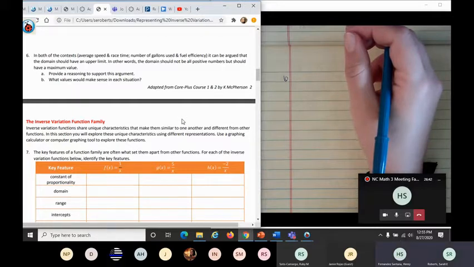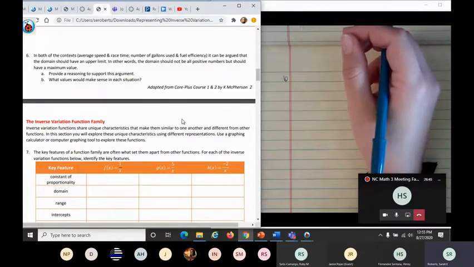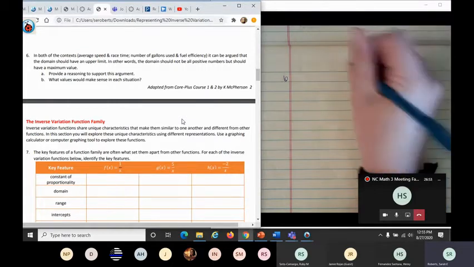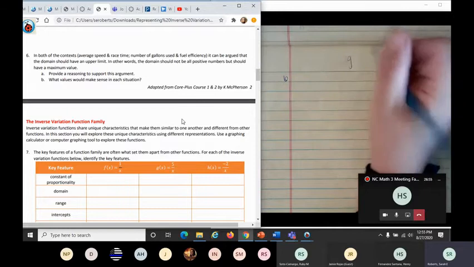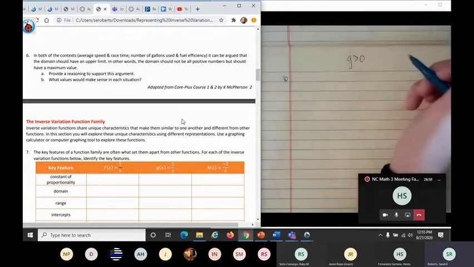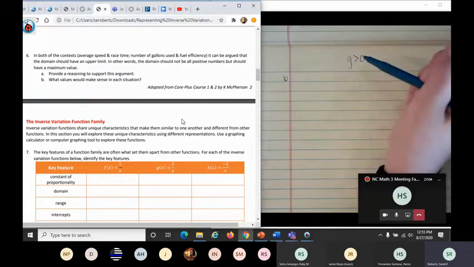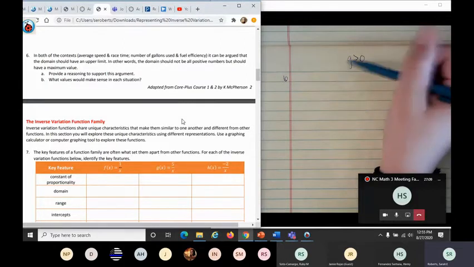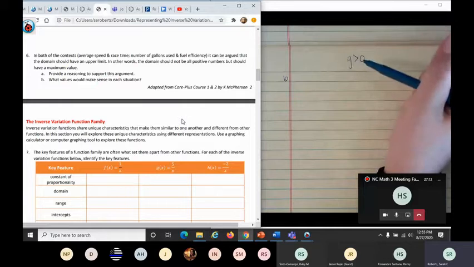Click. Yeah, it always clicks because your gas tank is not infinite. It has a limit. Most cars are like 13-ish gallons of gas in their tank. So before we said that our domain was G greater than 0, because they told us we had to put in some gas. It couldn't be 0. They had to tell us that in the problem. And then we just said, okay, well, we don't know how big the tank is, so we'll just say it's something greater than 0. Now they're pointing out that our tank is finite, that we have to have a limit. So it says, A, provide reasoning to support this argument.